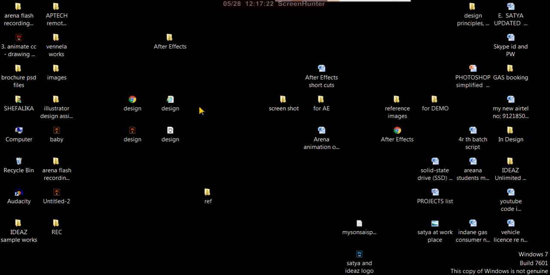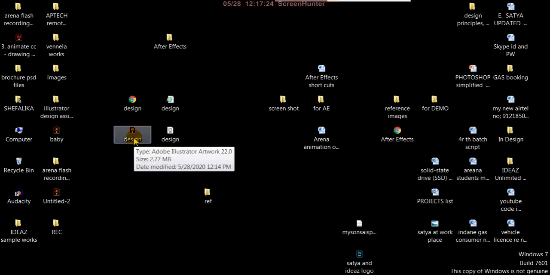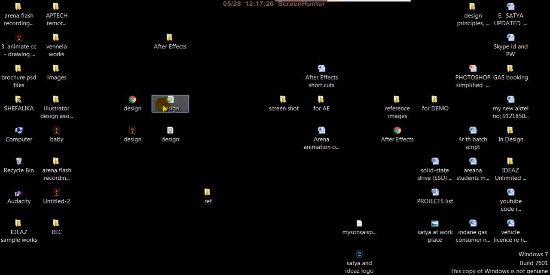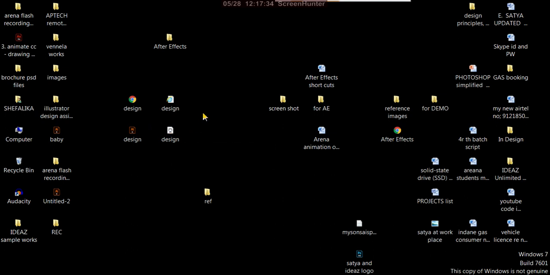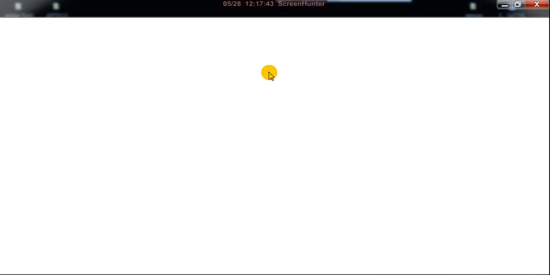These are the files. So this is the Illustrator file, and this is the PDF file, and this is the SVG file, and this is the encapsulated PostScript file. Okay, so when you open this PDF file, it will open in PDF.